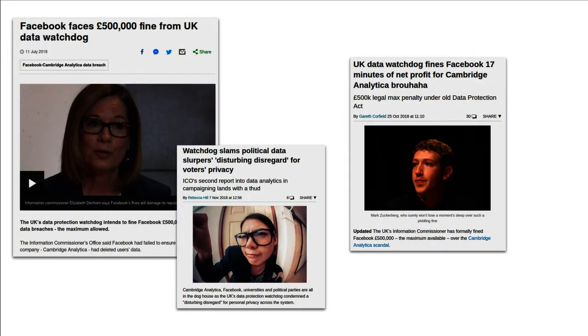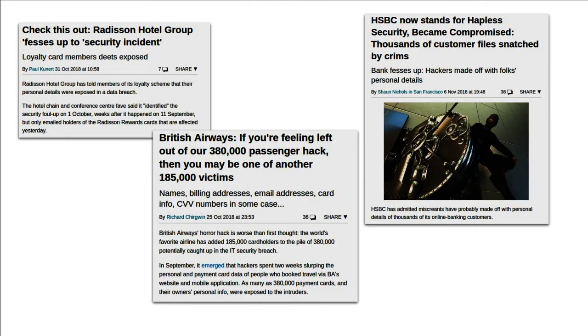So what happens to organisations that either lose their customers' data or use it inappropriately? Well, they can get fined. In the UK, not long back, Facebook was fined £500,000. What did they do? Well, they were using the customer data inappropriately. I don't think Mark Zuckerberg lost too much sleep over it because it cost him all of 17 minutes of net profit. It's also worth reminding ourselves that when these kinds of large organisations lose information, they don't lose information belonging to one or two of their customers. They manage to lose it in hundreds of thousands of records, millions of records. Not really a good thing, is it?